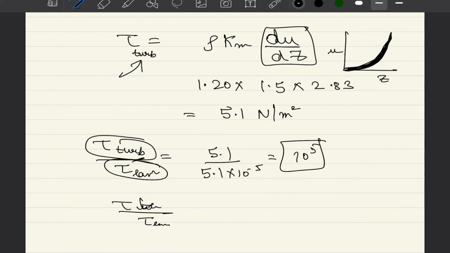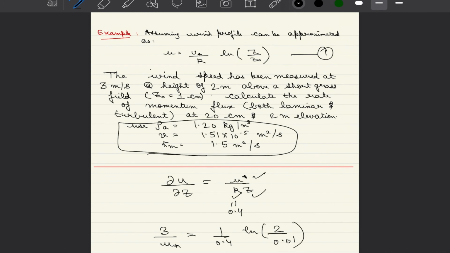Now, in some cases, we would be given the value of ZD, which is the zero displacement height, and then we have to modify formula 1 accordingly to account for ZD, and that ZD can be calculated, as we mentioned, as 0.7 times Z average, and Z naught can be calculated as 0.1 times Z average, which is the question that has been given in the assignment associated with this lecture.